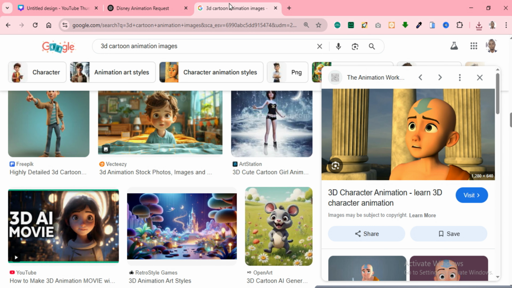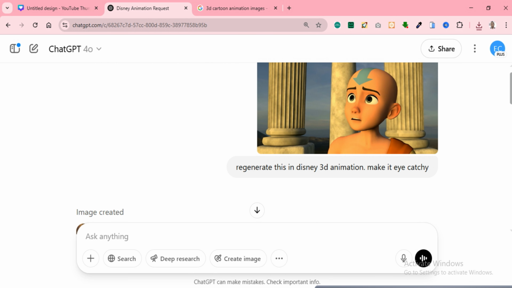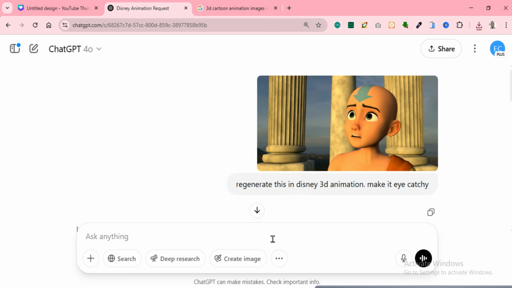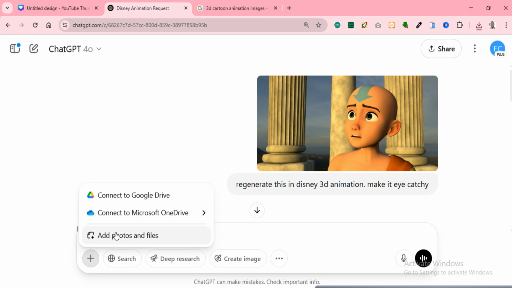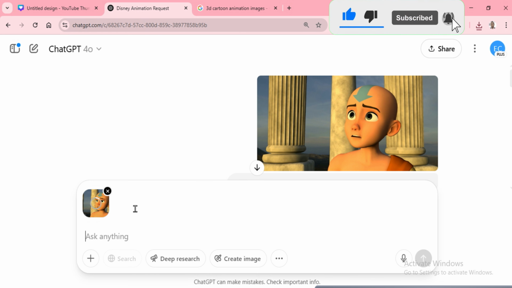Now step 2 is to go to ChatGPT. This is ChatGPT. You can see then I clicked on this plus icon here. You can see add photos. So I'll click on it. Then I'll click on the image. Look at the image here. I click here. So when you click on this image,